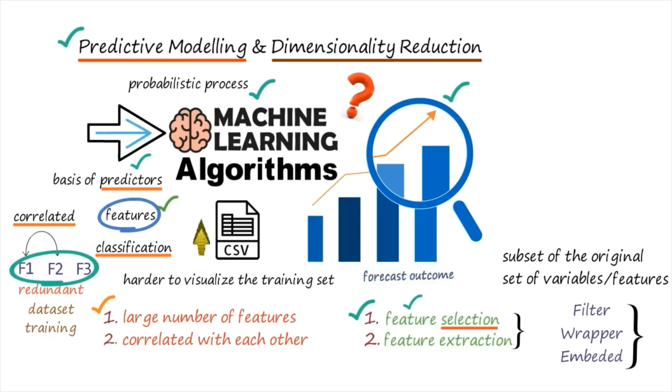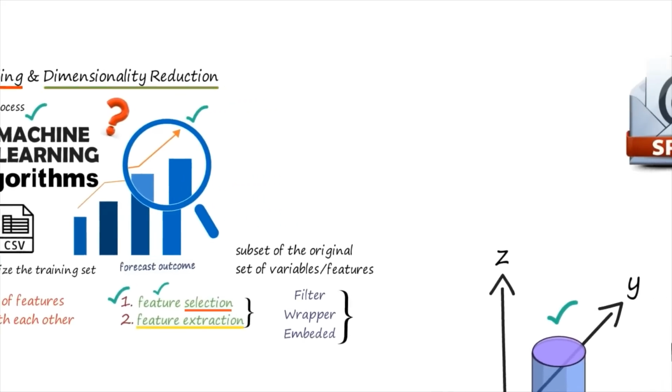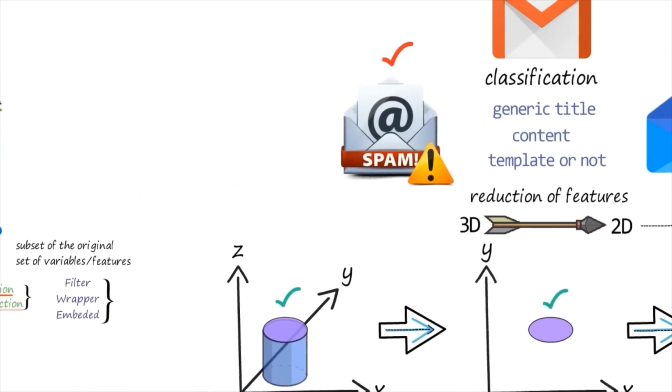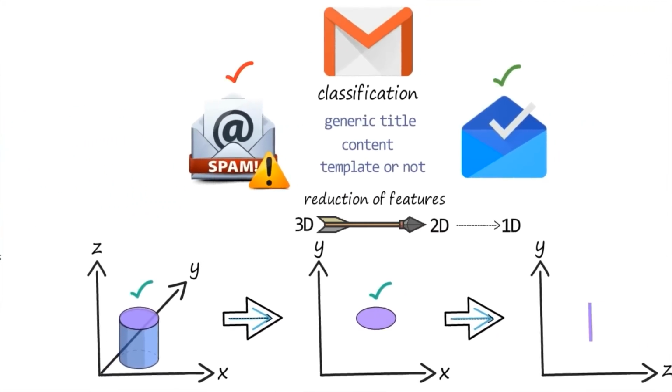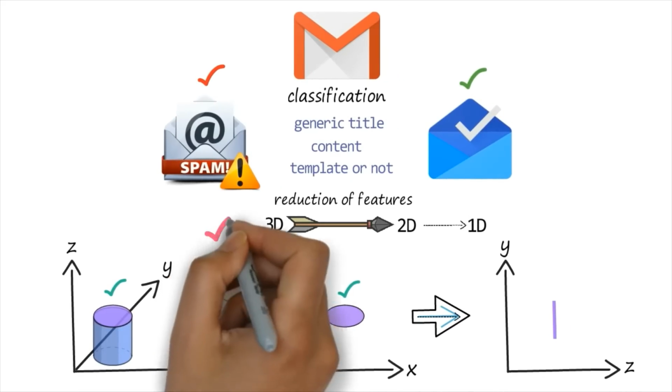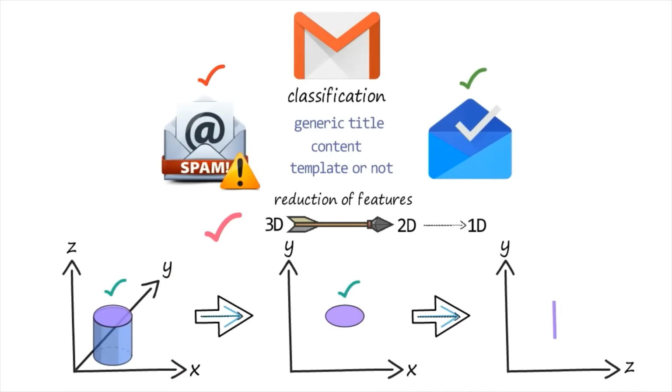Now what is the second part? The second part is known as feature extraction. So feature extraction means what? Here this reduces the data in high dimensional space to low dimensional space. So I've already explained converting something from 3D to 2D or 2D to 1D. It is known as reduction in the dimensionality. So feature extraction deals with this dimensionality reduction.